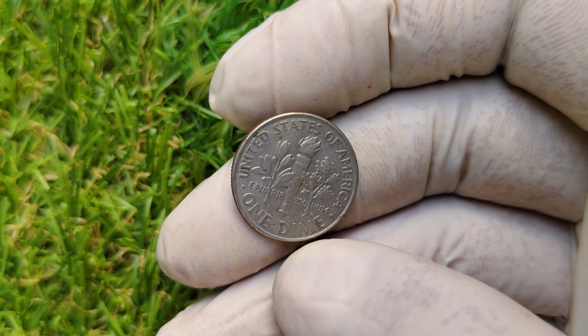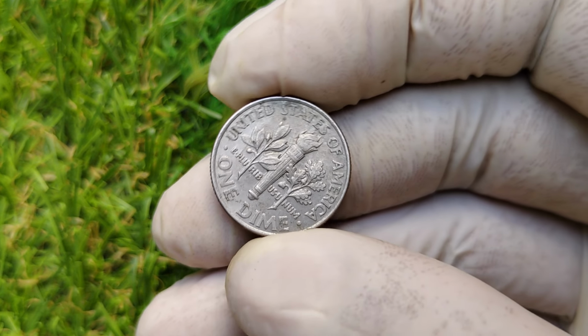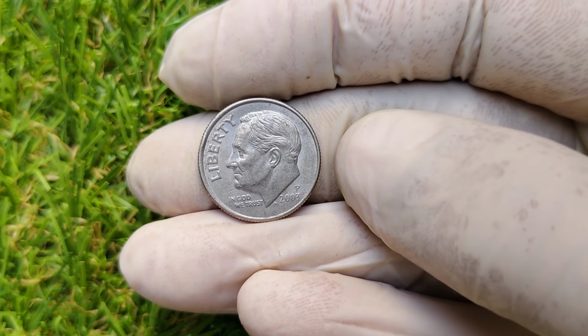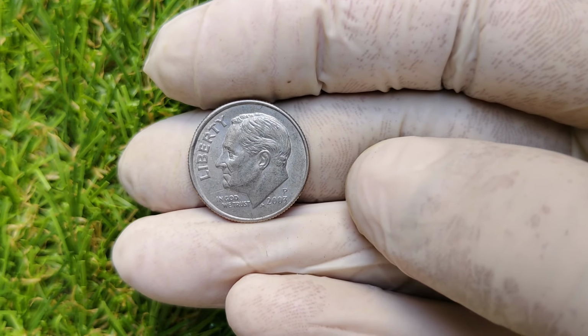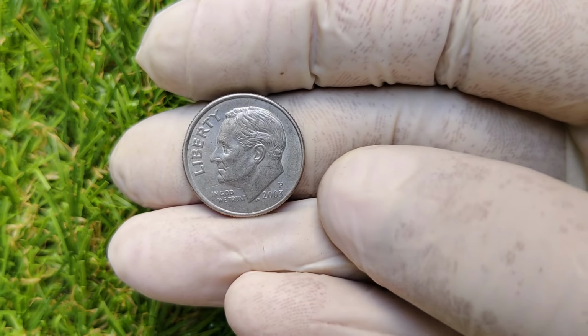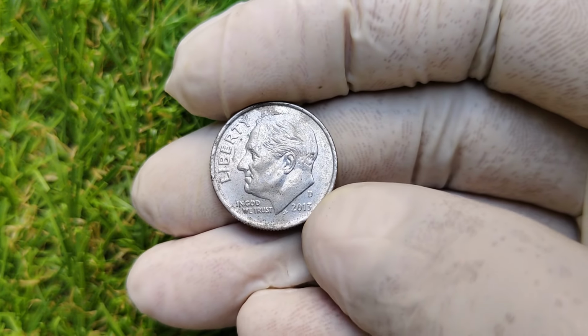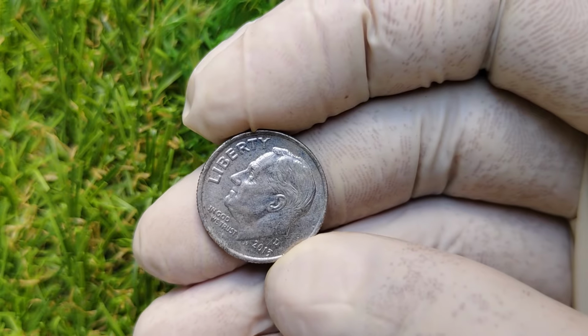And for that one lucky owner who holds the right version of this coin in pristine condition, its worth is truly remarkable. This rare, highly collectible 2003P Roosevelt dime is valued at an astounding $35,838. Today, we are diving deep into the world of modern American coinage, a world where even the smallest, lightest,